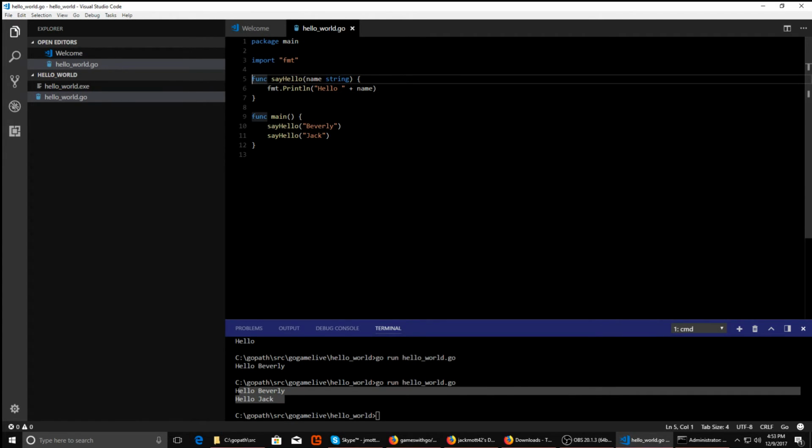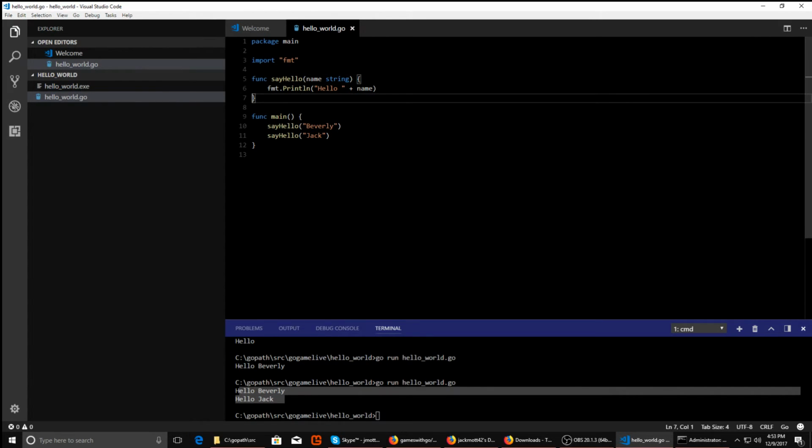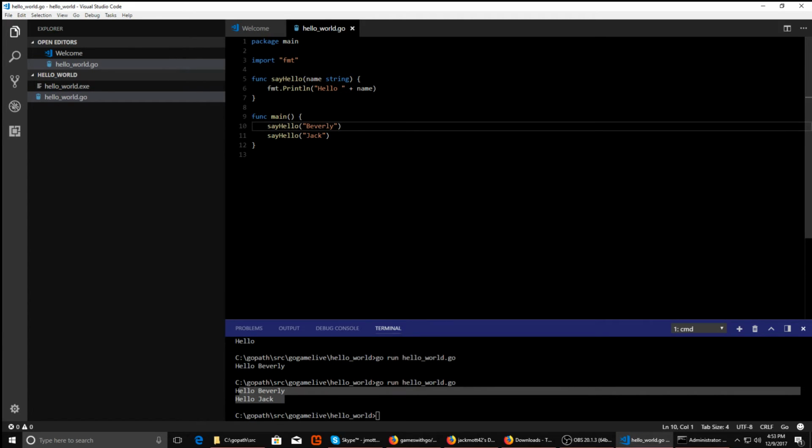So functions can also be composed. And what that means is you can kind of take the results of one function and apply them to another. So I guess before we talk about that, we should talk about